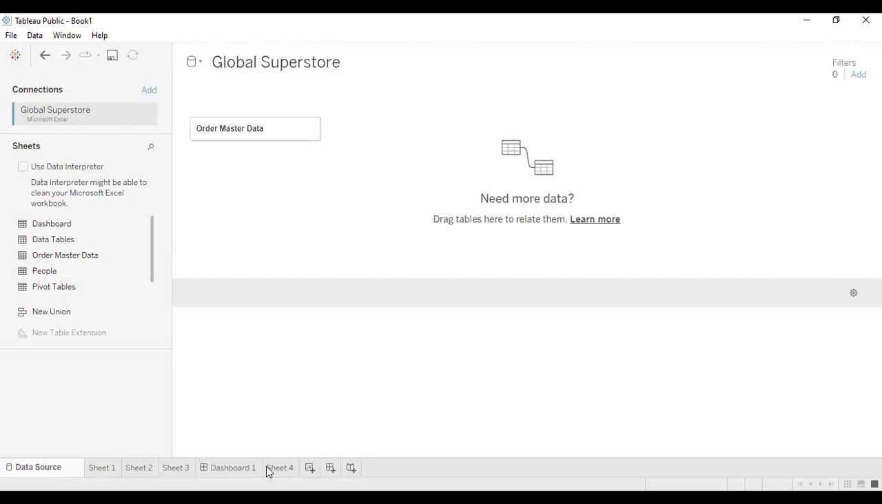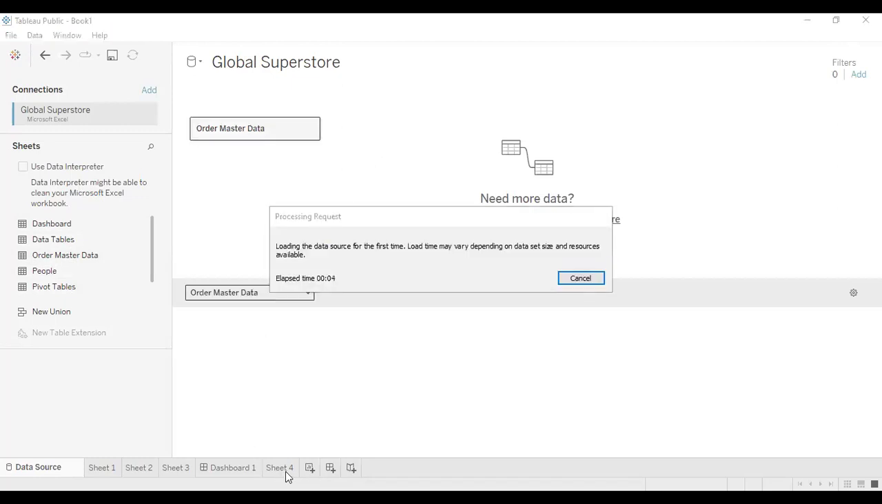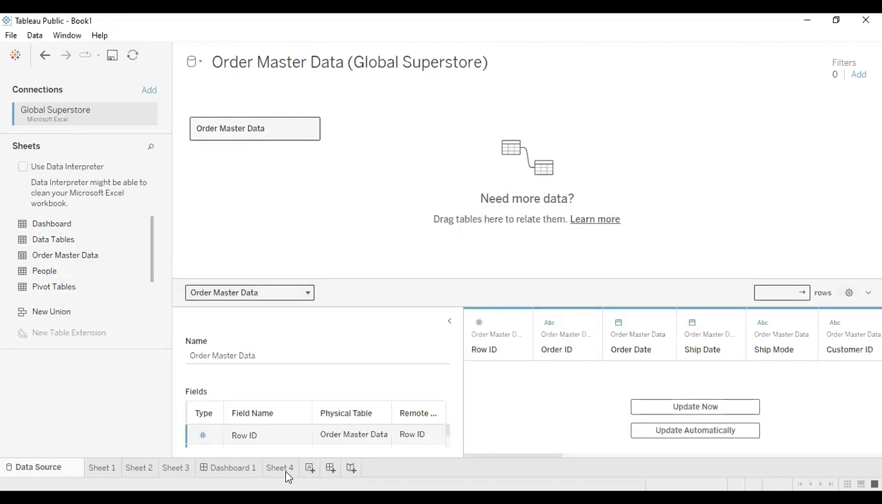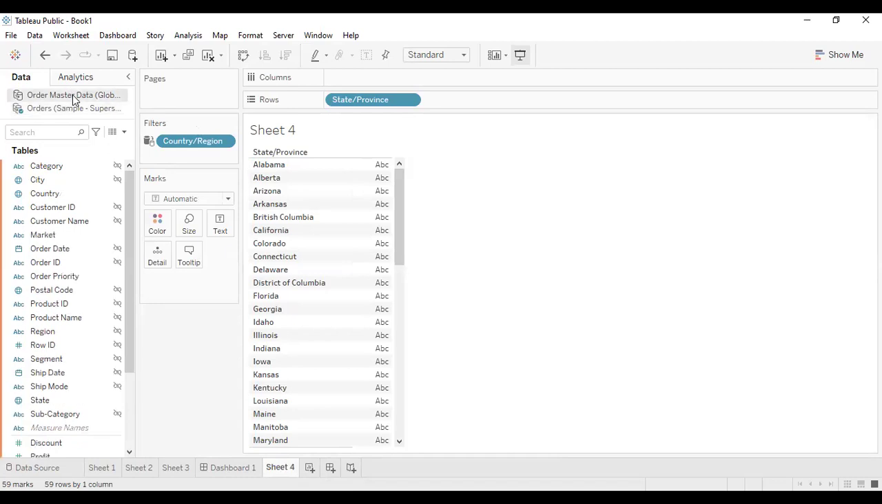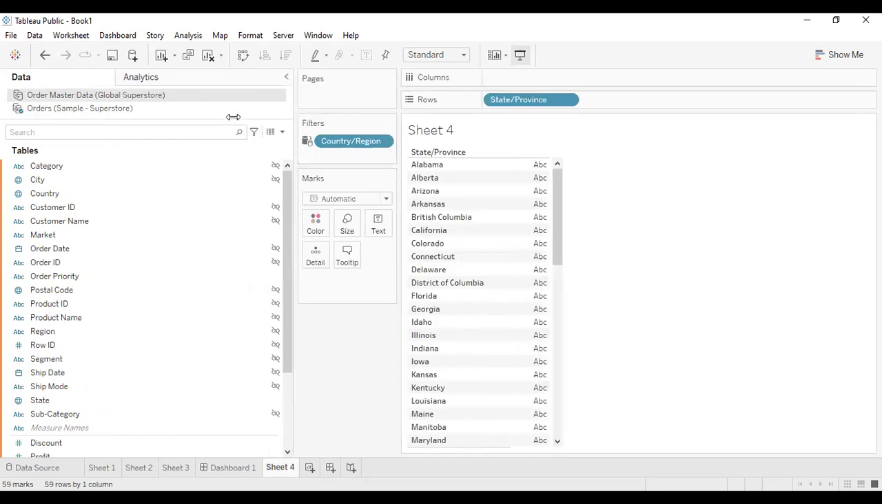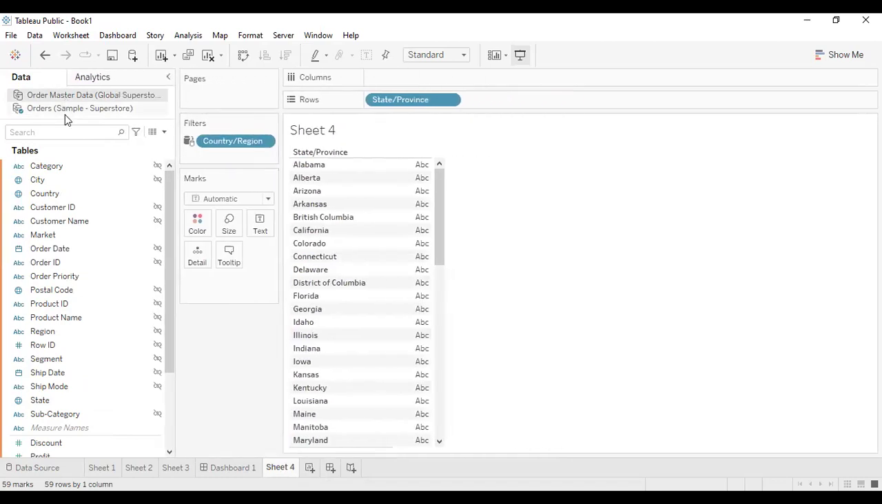Now, when I come back to the sheet 4, let's say I'm applying here the all related data source, the last option. I want to use it. How it works, let's see. So I'm going to sheet 4. Now you see I've got two data sources. One is sample superstore, which we already had. Another one is order master data global superstore. See, I've got two data sources. Right. Now what I want here,